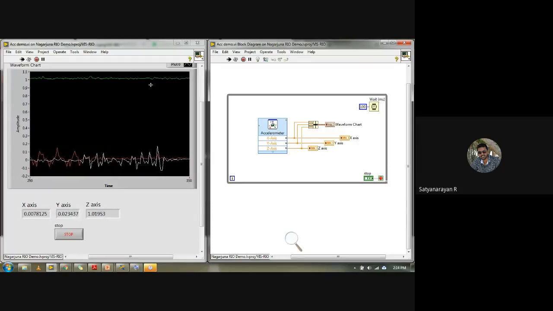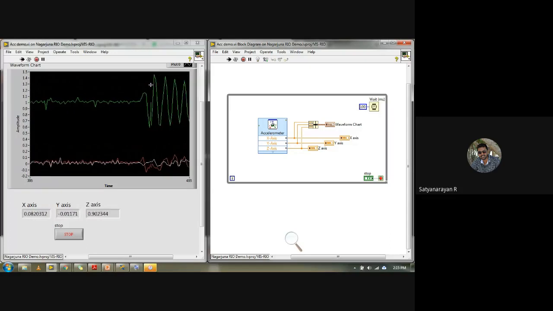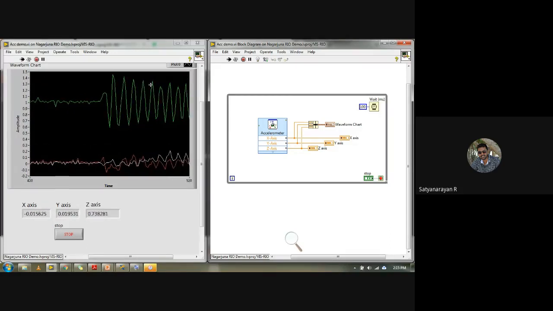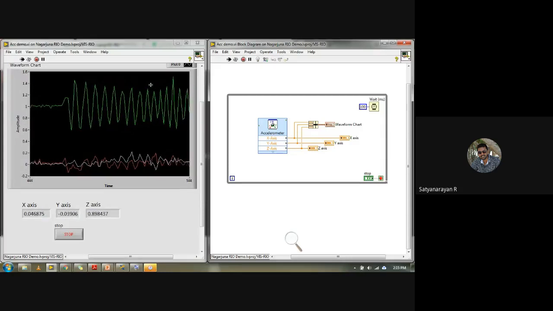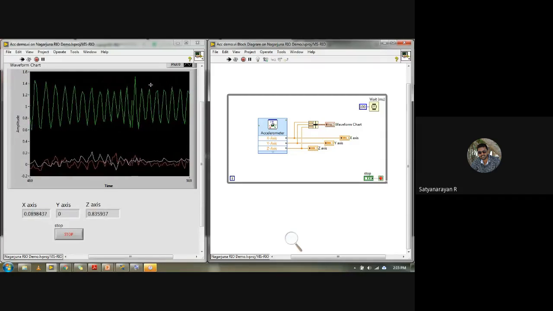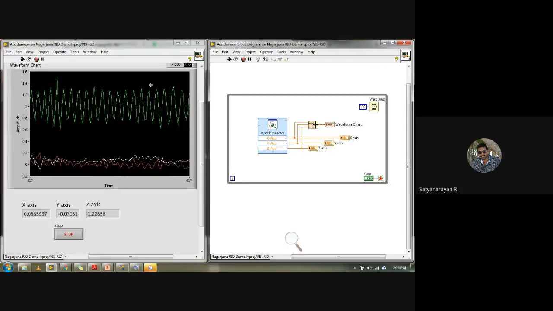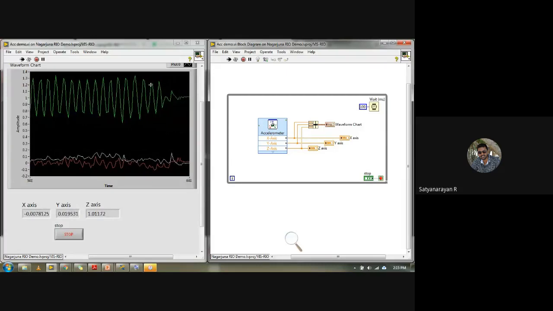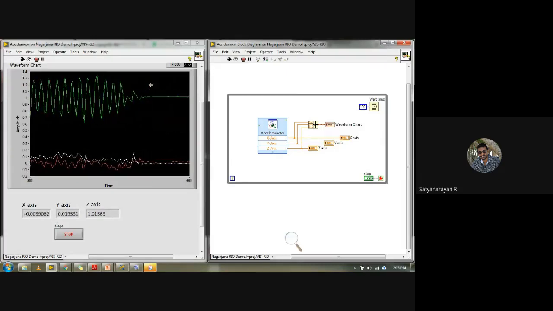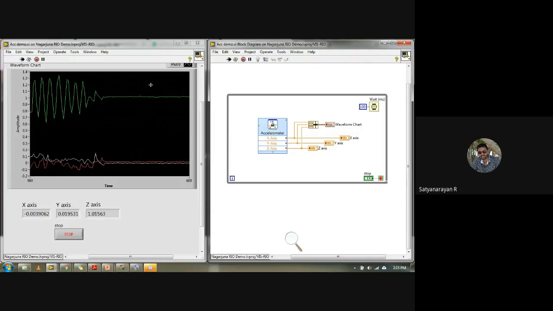Okay, means the distortion now is more in terms of x as well as z. You can just see white is also responding, as well as z. If you want the response to be checked, you can just see the green line is moving in a faster way, like waveforms. Correct. Why? Because I'm just trying to tap on the myRIO from the z axis, so that's why I'm getting more distortion. Now I'll just keep quiet. Yeah, you can just see now there is no response in the z axis at all.